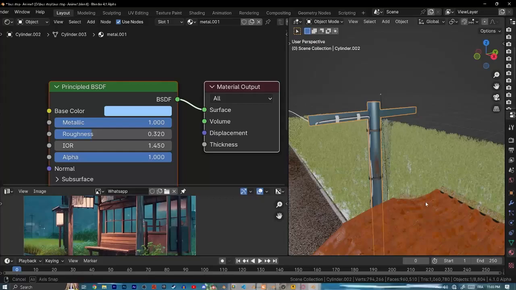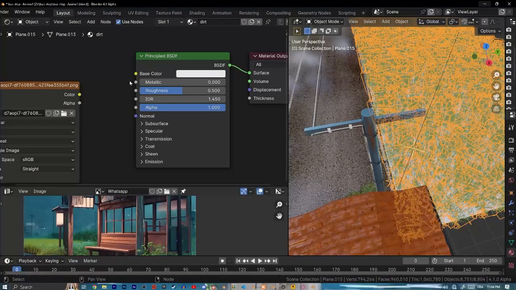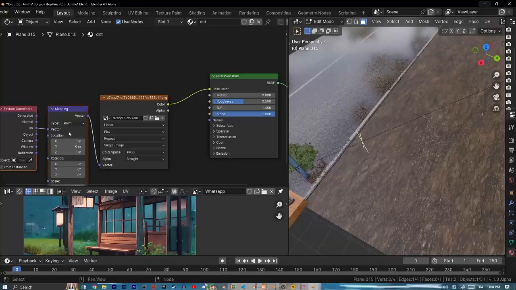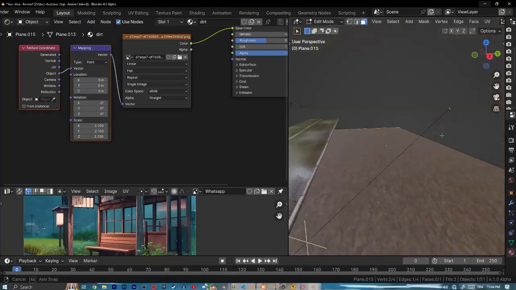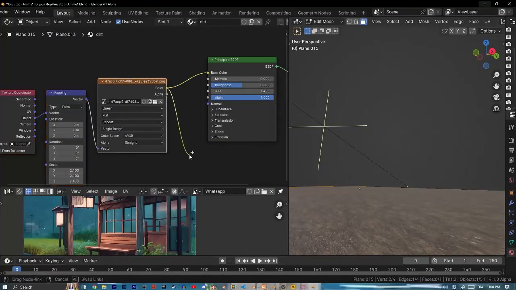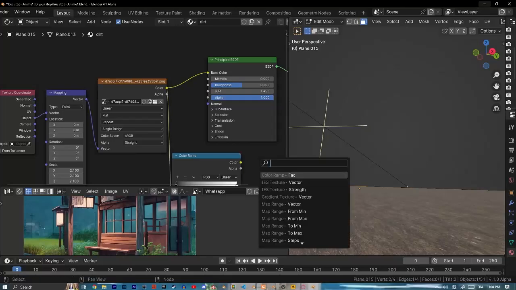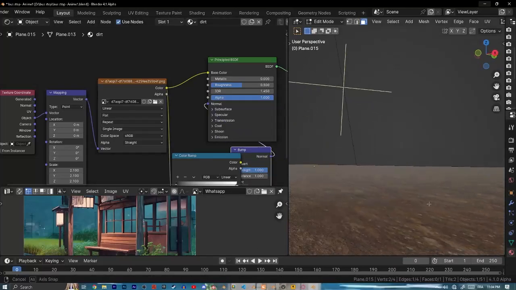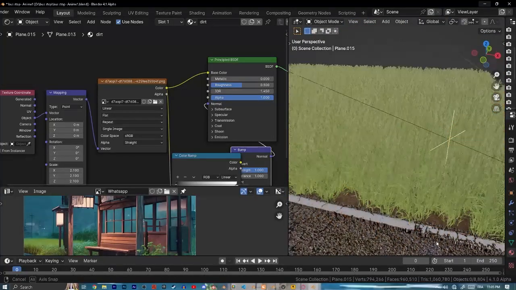And for the ground of our field, I have a texture on my PC. It's a dirt texture, as you can see. And I will just play with the scale of it. And yeah, it doesn't matter because no one will see it. No one. I will just apply some bump here, to give it a slight push up, you know. And it's good, it's good. Okay, to hide some of these white